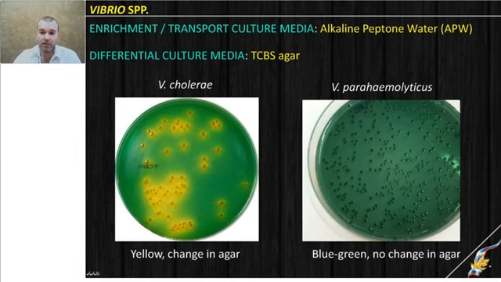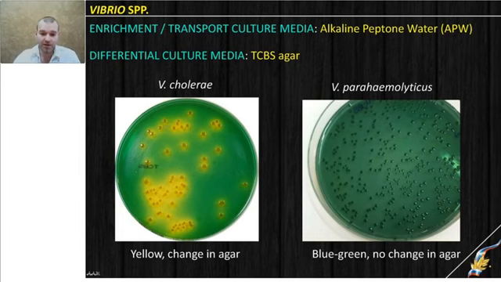We have alkaline peptone water for growing of bacteria. It is enrichment culture medium, or if you need to take sample and deliver it to lab, of course again humidity is required and unique pH is required. That culture media is suitable as a transport culture media, but laboratory with specific diagnosis should use TCBS agar. It is agar which allows to grow Vibrio and suppress other bacteria from intestine and environment, and it helps to differentiate Vibrio cholera and other Vibrios such as Vibrio parahemolyticus.